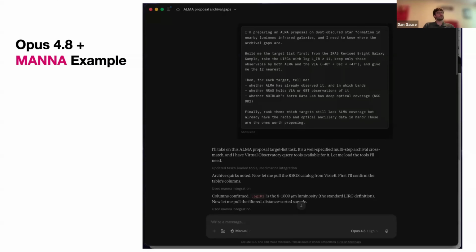I also have an example for running MANNA on Claude Desktop. It integrates with Claude Code as well. But honestly, the best way to do this might be to just show you quickly. If we have time, we can go through this at the end. This is just to show how MANNA can augment even frontier model workflows. I ran this using Opus 4.8, and it really leaned heavily on the MANNA tooling and produced, I think, a pretty good result, which I'll show you after if we have time.